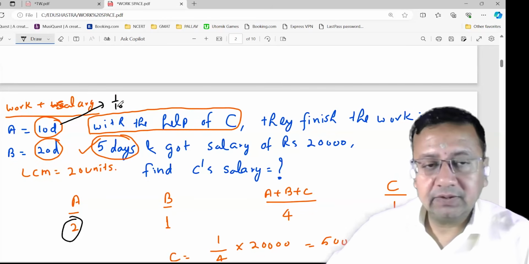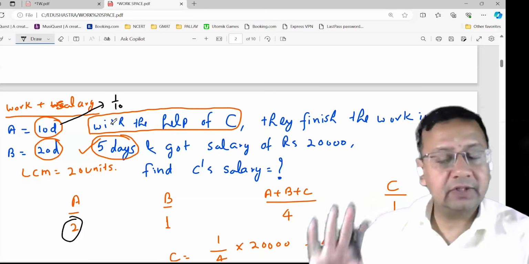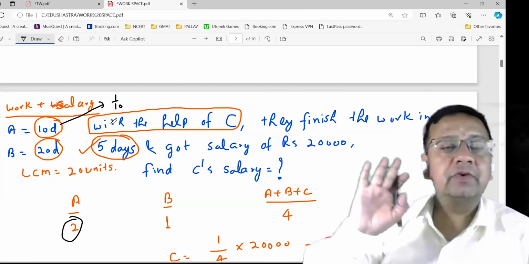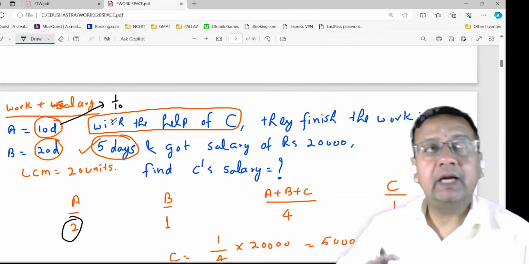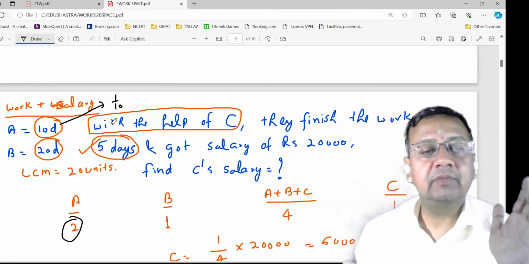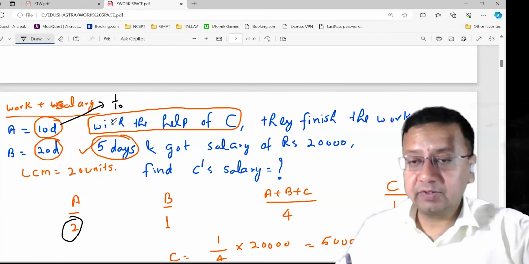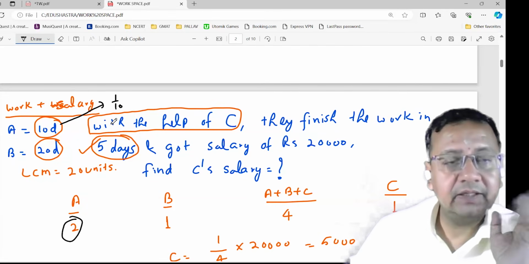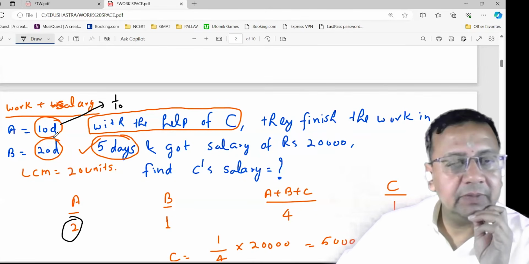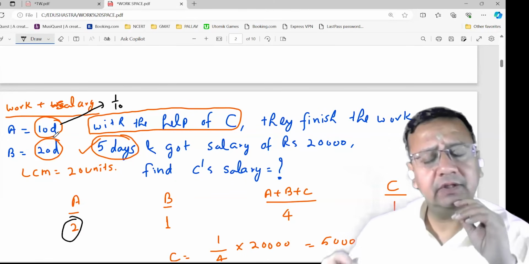टेकिंग दिस कॉन्सेप्ट वी आर सेइंग कि ए इज वर्किंग विद द सेम एफिशिएंसी फॉर ऑल द डेज, राइट? ए इज वर्किंग विद द सेम अमाउंट of work for all the days, right? And work can be divided into equal number of parts, है ना? ये जो तीन हमने बेसिक स्टेटमेंट बिल्कुल फर्स्ट डिस्कस किए थे, राइट? तो अब अगर मैं सिंपल ए को ही लेता हूँ कि ए अगर 10 दिन में वर्क कंप्लीट करता है, तो कहना इसे कि ए इज फिनिशिंग एट 10 units ऑफ वर्क,